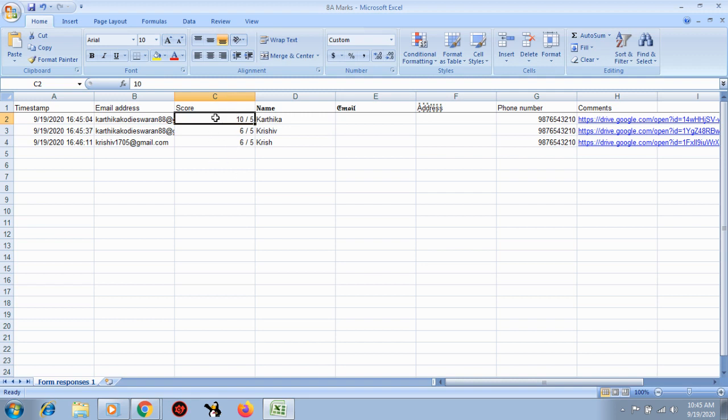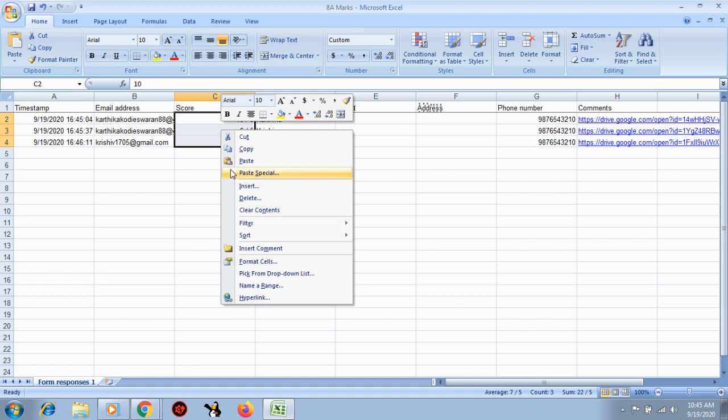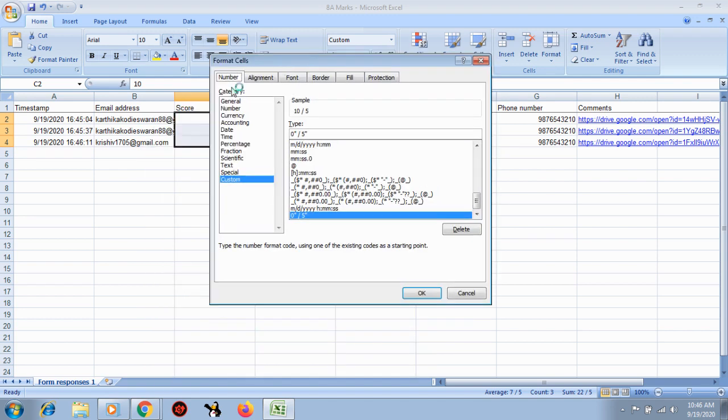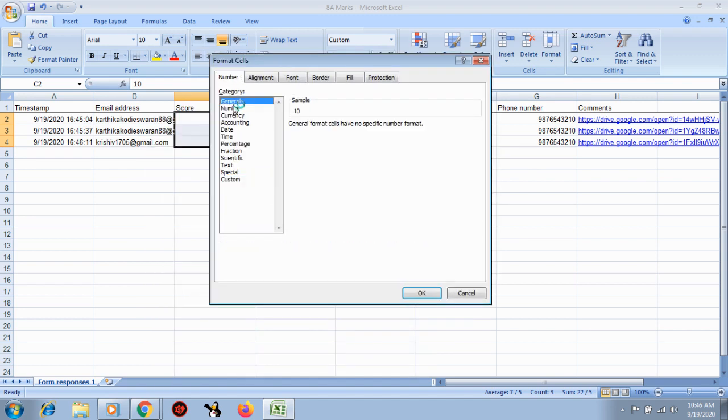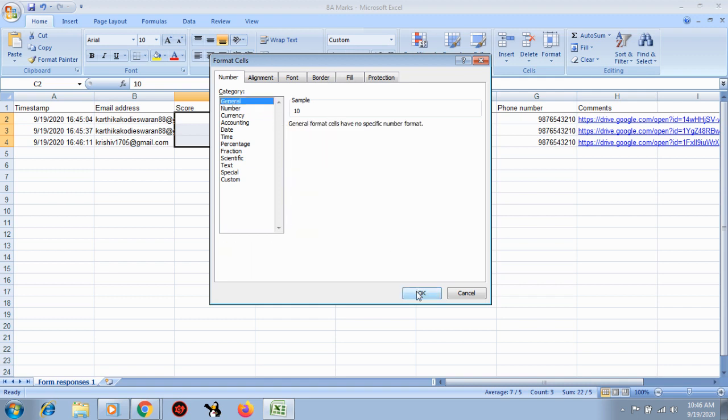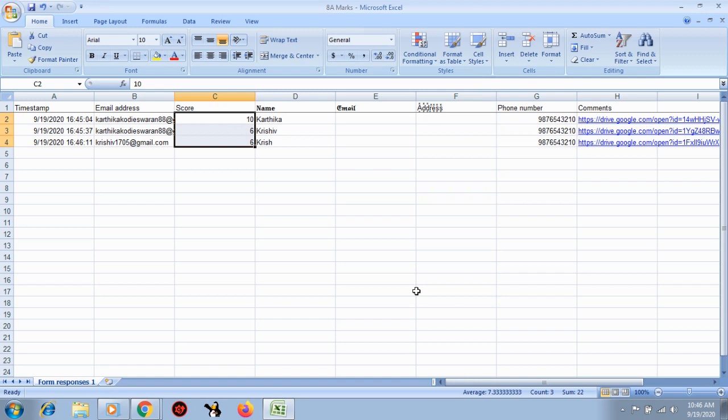To change this and make it round whole numbers, just as marks, select it, right click on it, select format cells. Then in this dialog box, go to general or number. If you choose number, make sure that decimal places are 0. Better to click on general and click OK. Now you can see the marks are visible.